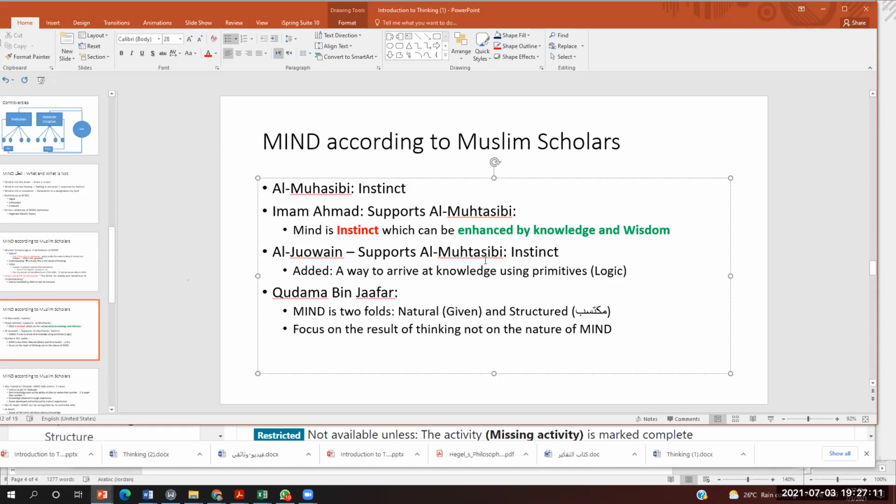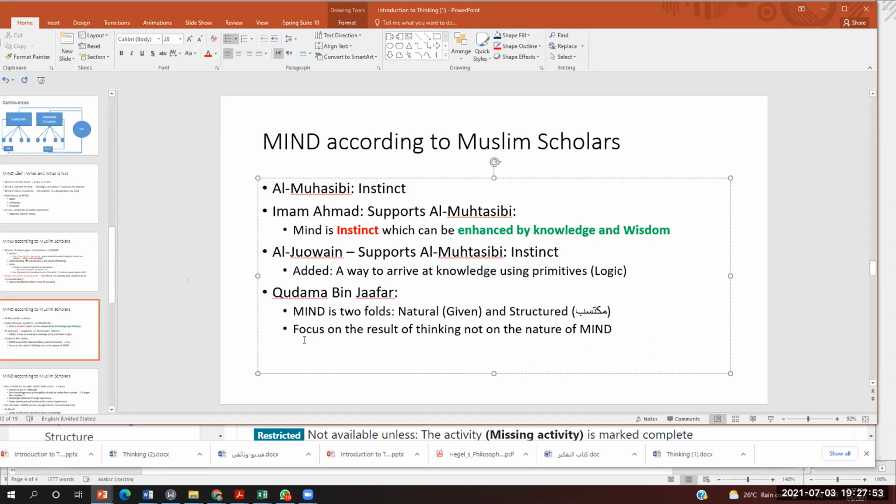So Al-Juwayni again supports the same idea of the instinct, adding the issue of logic as a process. There is another scholar called Qudama bin Ja'far. He said mind has 2 variations. One is natural, which is given by birth for everyone, and one is earned or structured, which you gain over time. And of course, without any reference. Why? What is natural? What's accepted? And he gave some examples,